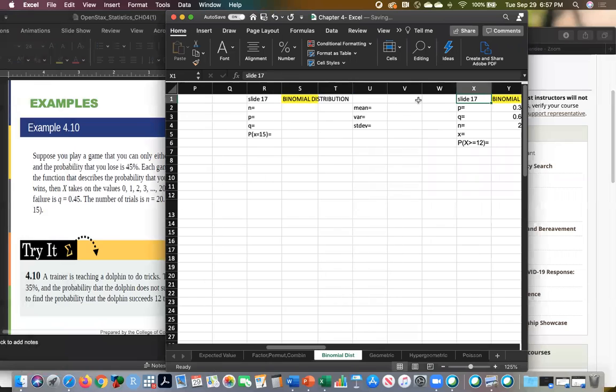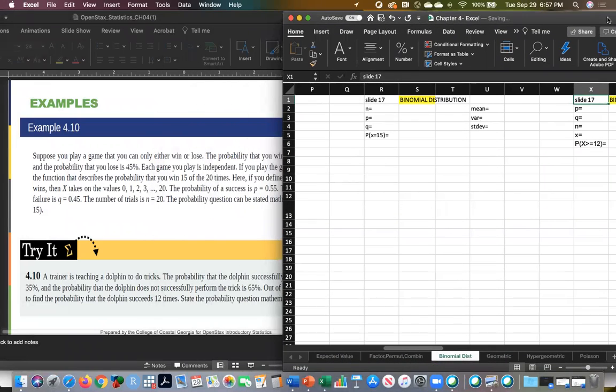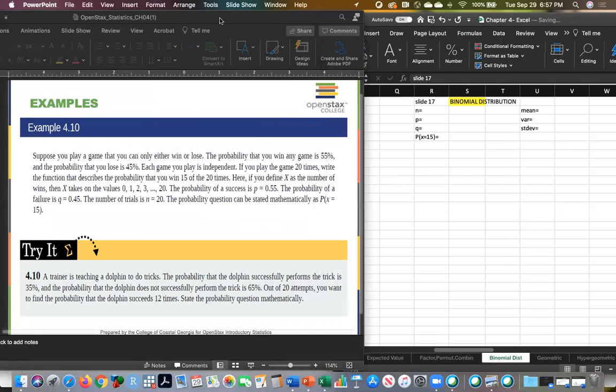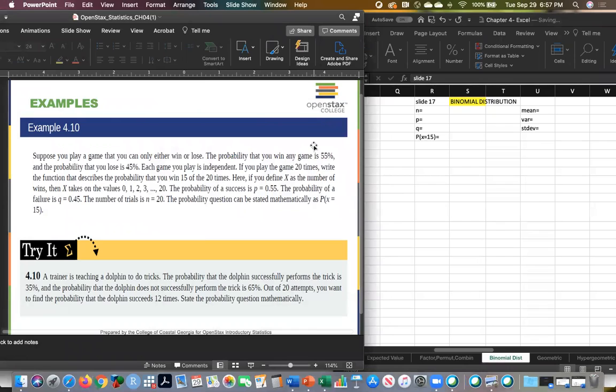So you are gonna get something like this, right? So what you need to do is to identify what you need to do, right? Of course, it's not easy the first time, but we are gonna try our best. So in this case, it says, suppose you play a game that